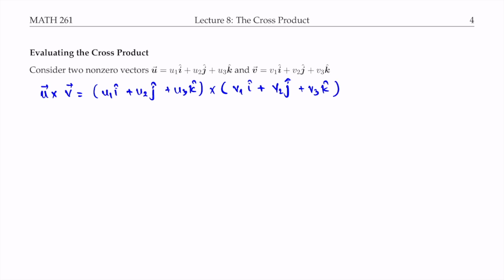And again, when you do distributions, you have to be careful with the order of the calculations. If a vector is on the left of the cross product, keep it on the left of the cross product. If a vector is on the right of the cross product, then keep it on the right of the cross product. So now you distribute u1 i into v1 i. You get u1 i hat crosses with v1 i,